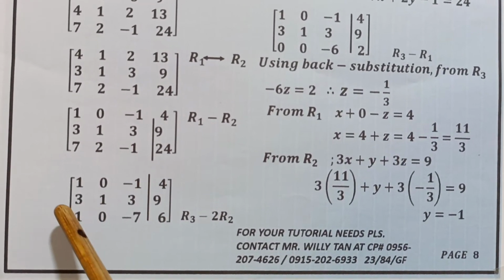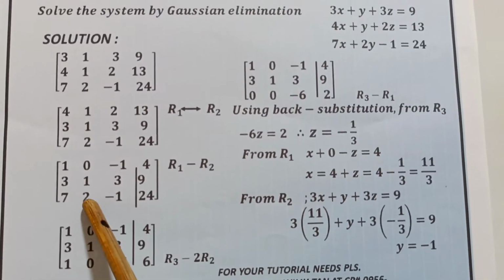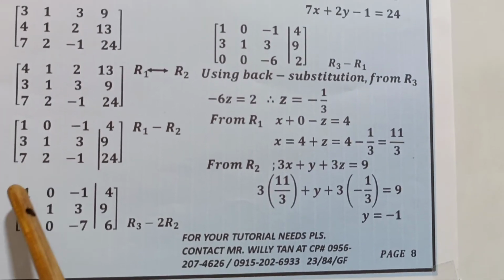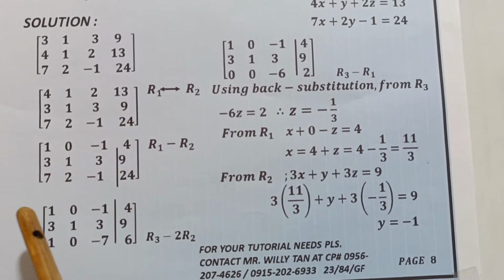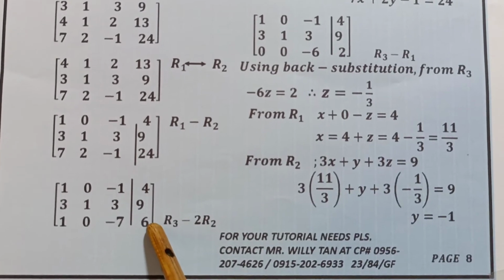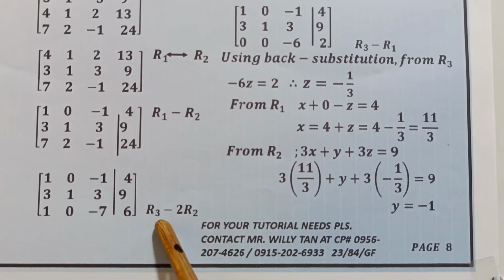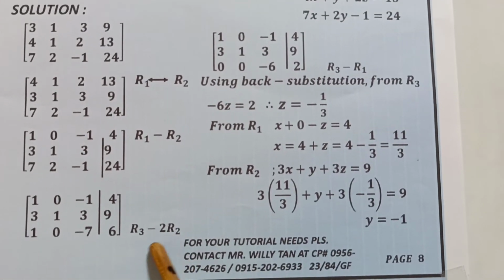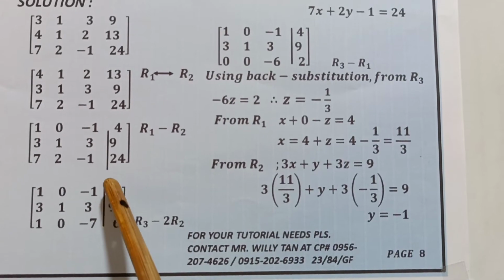To do that, we're going to subtract from row 3 two times row 2. So we have here row 3, 7, 2, negative 1, and 24, minus